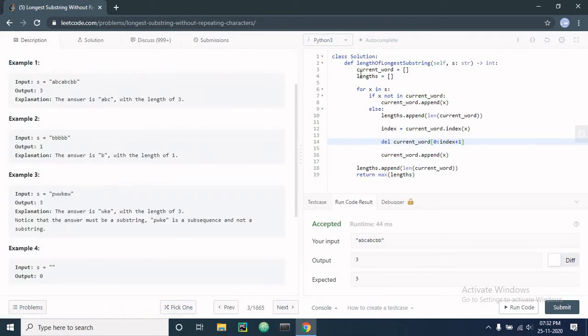Okay, you can see that we are looping, so it will be O of n, or I simply write n, and we are appending, and it is simply O of 1. Here also O of 1, O of 1.